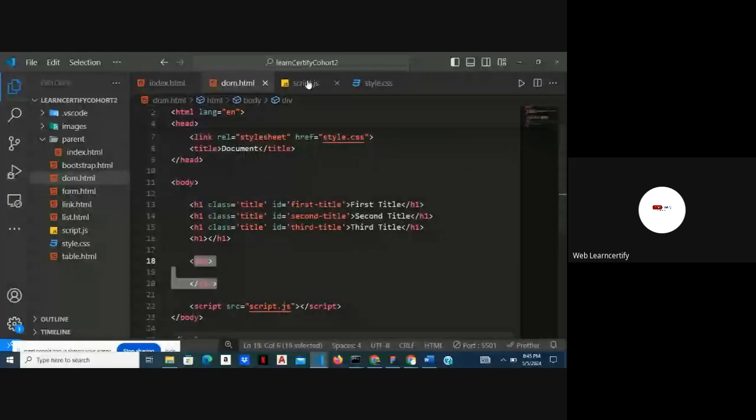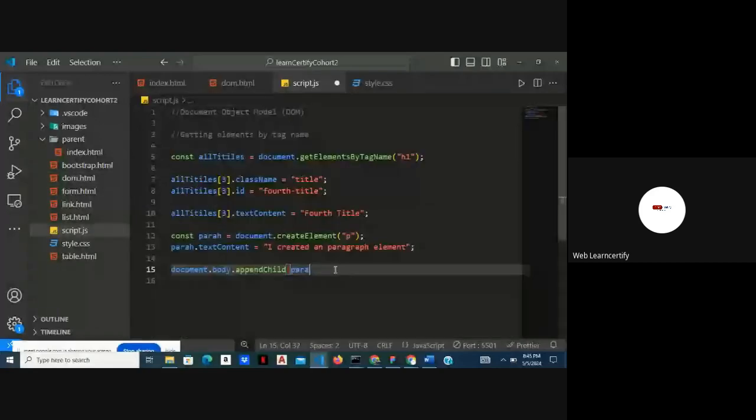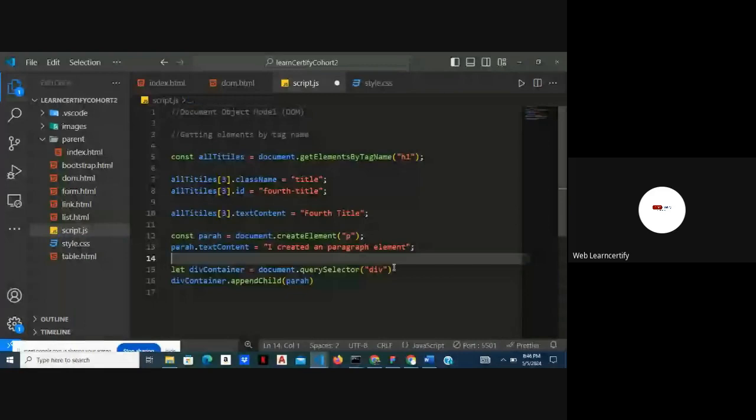Which means first we have to document dot, let's say, querySelector, and then inside here we put div. Okay, so we can decide to first store it inside a variable. Let's say we call it div container, equals this. So this container is the variable where we are storing this particular div we're trying to